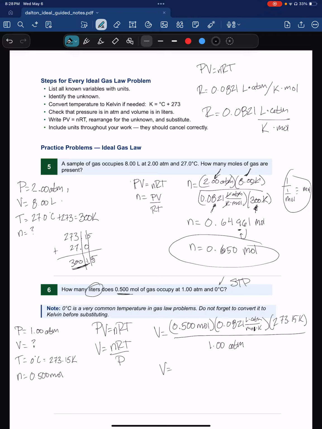Great. So we can go ahead and plug that into our calculator. 0.5 times 0.0821 times 273.15 divided by 1, and we get